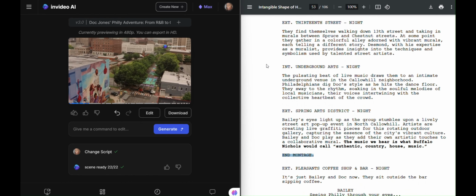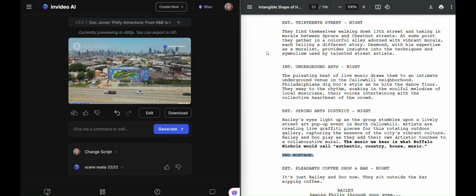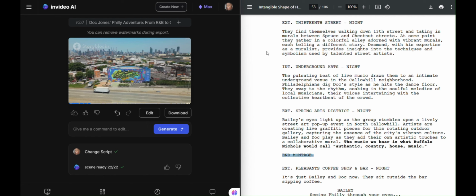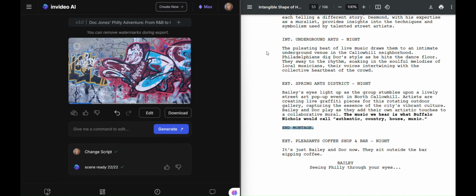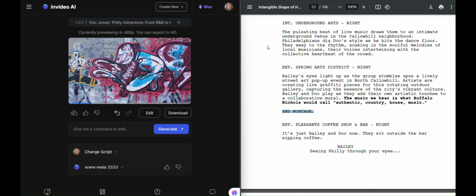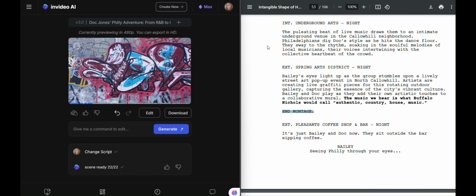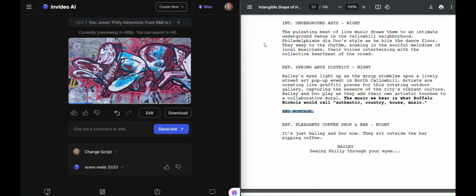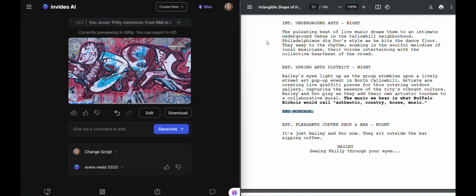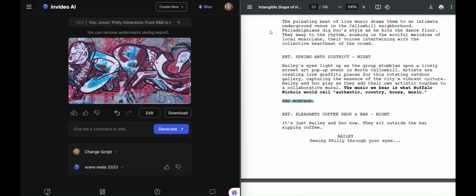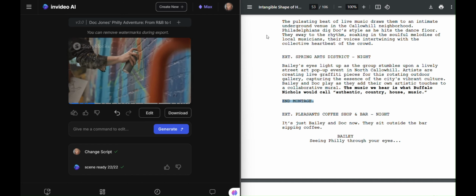They find themselves walking down 13th Street and taking in murals between Spruce and Chestnut Streets. At some point, they gather in a colorful alley adorned with vibrant murals, each telling a different story. Desmond, with his expertise as a muralist, provides insights into the techniques and symbolism used by talented street artists. They enter underground arts, night. The pulsating beat of live music draws them to an intimate underground venue in the Callow Hill neighborhood. Philadelphians dig Doc's style as he hits the dance floor. They sway to the rhythm, soaking in the soulful melodies of local musicians, their voices intertwining with the collective heartbeat